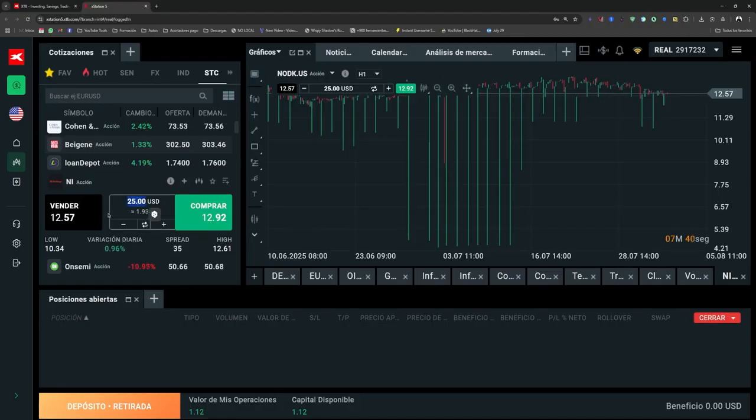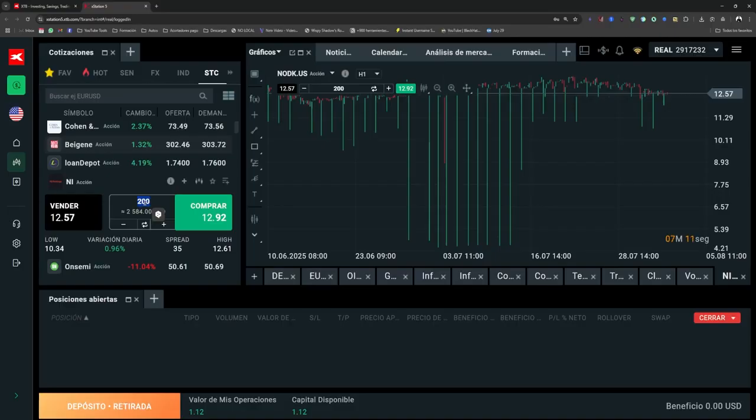Here, you can choose, for example, to invest only $10, which is the minimum as I mentioned, and it indicates that this is equivalent to 0.7 fractions of this stock. But if you prefer not to invest by amount but by volume, meaning by the number of shares, then you can click on this arrow, click where it says switch to volume, and it appears here. You say, well, I want to buy 200 shares of this stock or this company, and it will show that